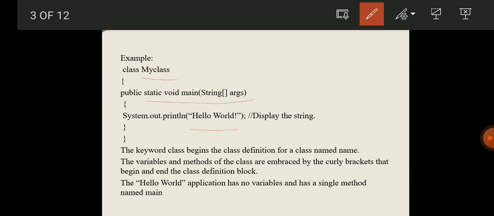Here the keyword begins the class definition. Then the variables, methods and classes are enclosed by curly brackets, which begin and end the class definition. So this is the curly brace, and now the class is entered.